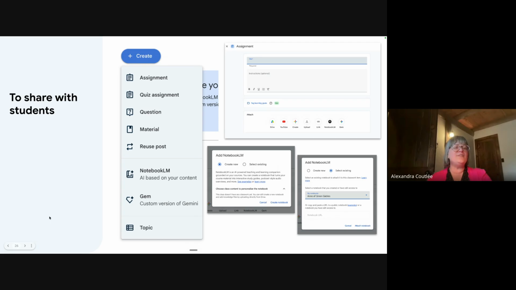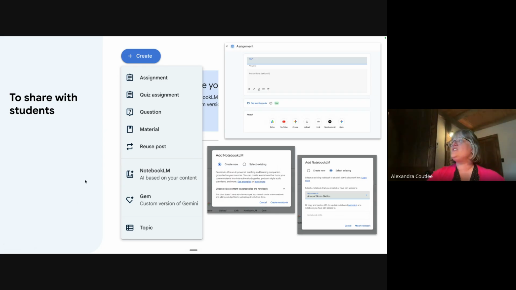Of course, you could share with students this way. You can enter 1 email for 1 student, but I don't know about you, when I was teaching, I used to teach English as a second language. I had 6 groups. That was 180 students. I am not entering 180 emails in that little box one by one. So Google Classroom was a lot easier to distribute material, and there are advantages to using Google Classroom to do that.